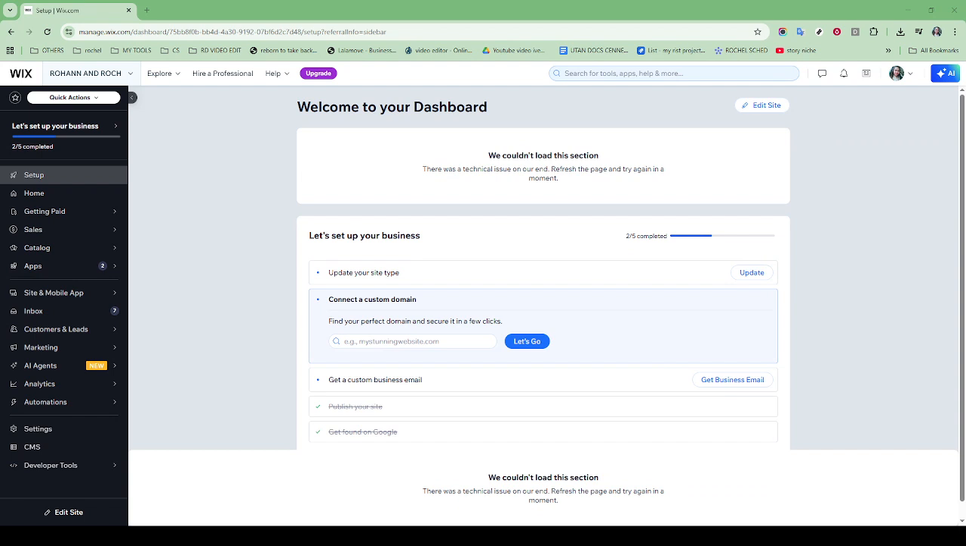So let's get started. First, we need to ensure you're logged into Chrome and navigated to your Wix dashboard. If you're not already in Chrome, go ahead and open the browser. From there, log into your Wix account and access your dashboard. Your dashboard is your control center, where you have access to all the different editing tools you'll use to customize